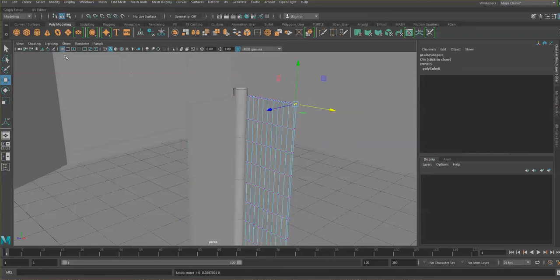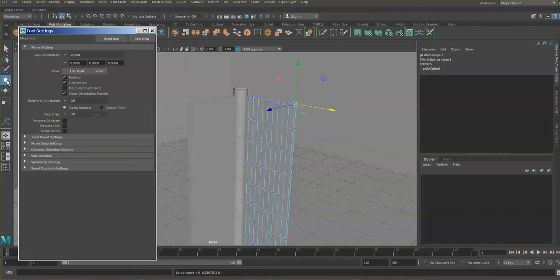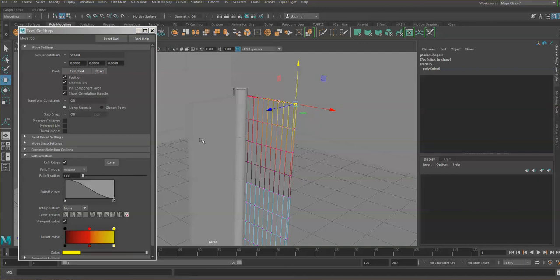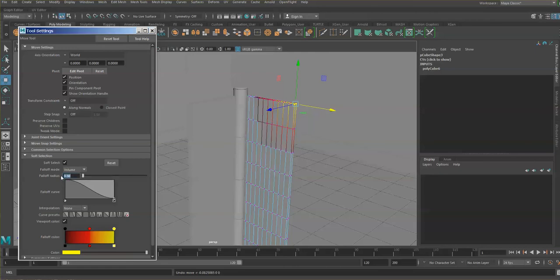Okay. You could also double click on the move tool and go down to soft selection that I had on before. So you pick it up, you turn it on, and look at that. Now you get a little gradient that is similar to the colors you see here. What this does is, you saw how sharp those edges were before. Now you could do the same. It's a little bit too high. Put it on 0.5. It's not quite doing what I want. It's 0.1, 0.1,